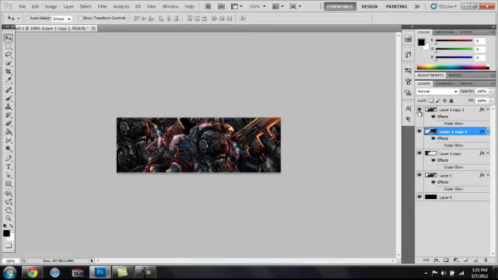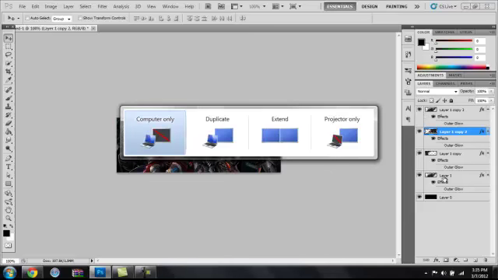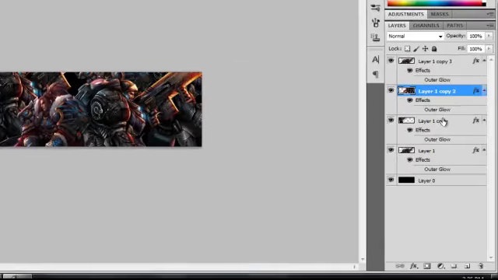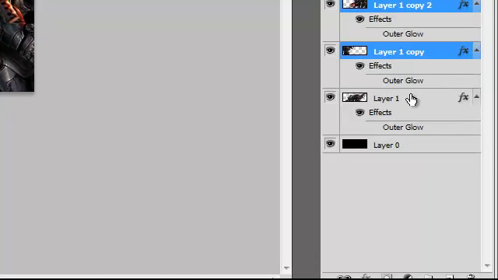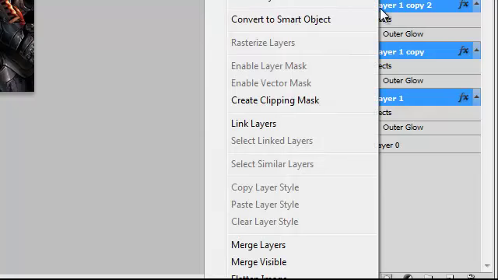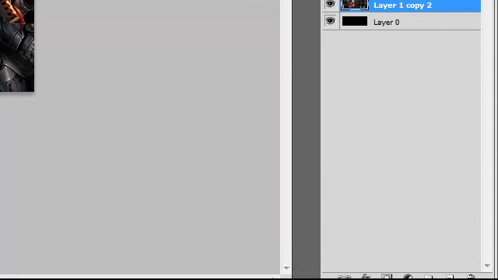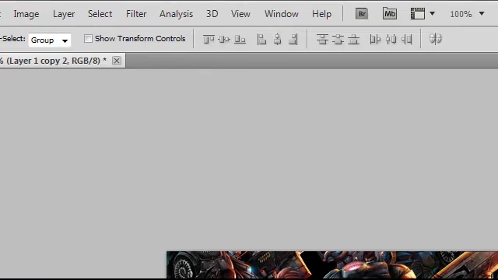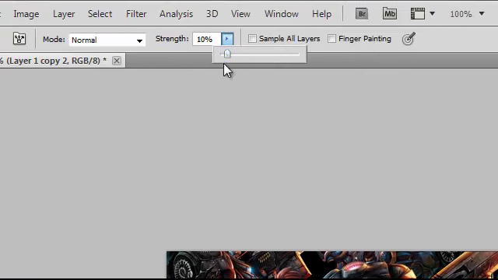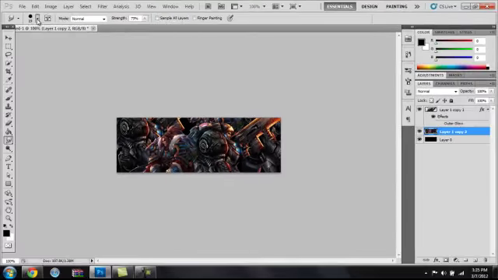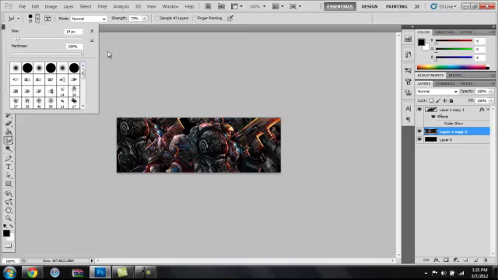Alright, and then you need a render right here, so you just select multiple layers with Control and click. What I do for these smudge layers is I merge all the layers together, and then I go to the smudge tool. I put the strength about 70, 75, anywhere in between there. Today I'm using a 19 pixel hard brush